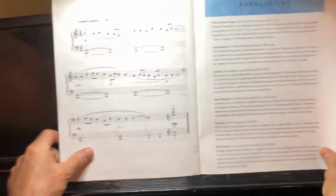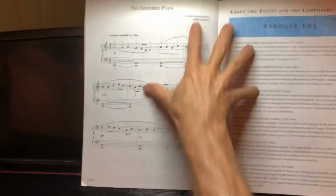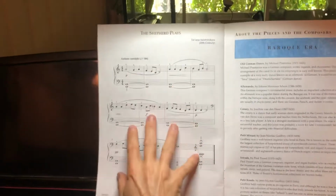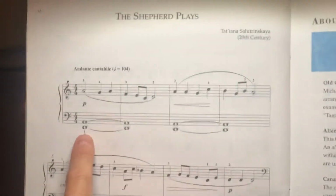Here we have the very last, no, is it the last piece? Yes, the very last piece in the festival collection book, but it's very easy. It's from the 20th century genre. And so what's easy about it is if you notice the left hand is a fifth, the low D and